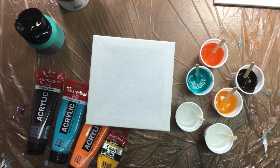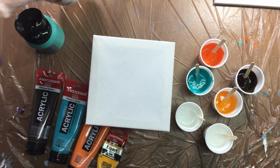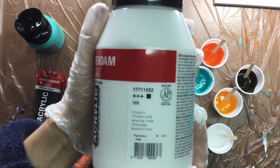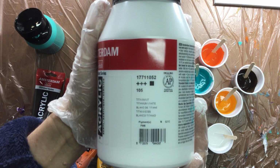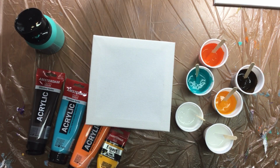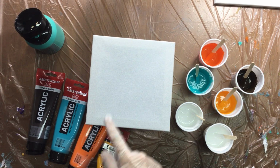To start off, of course, I will give you all the paint I use. So we're starting off with the big one, the white, and here's the number 105 titanium white. Let's put it aside because I think paint is going to be flying off this thing